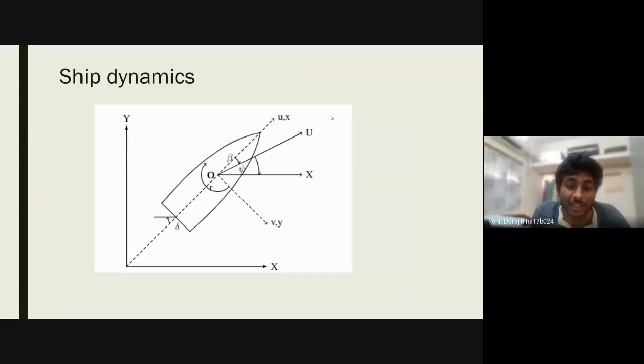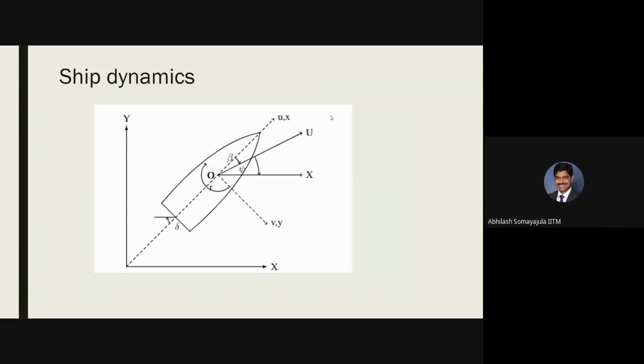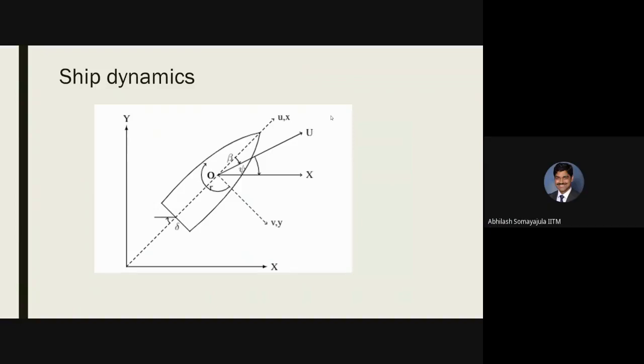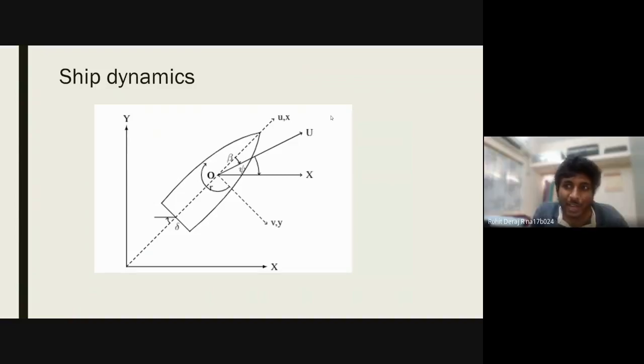Yes, psi here is the course angle. Psi is the heading, isn't it? Shouldn't it be the heading? No, psi is the course angle. Should it still not be with respect to the body-fixed coordinates x-axis? No, sir. When I'm calculating the course angle error later, I'm using this psi to find the course angle error.